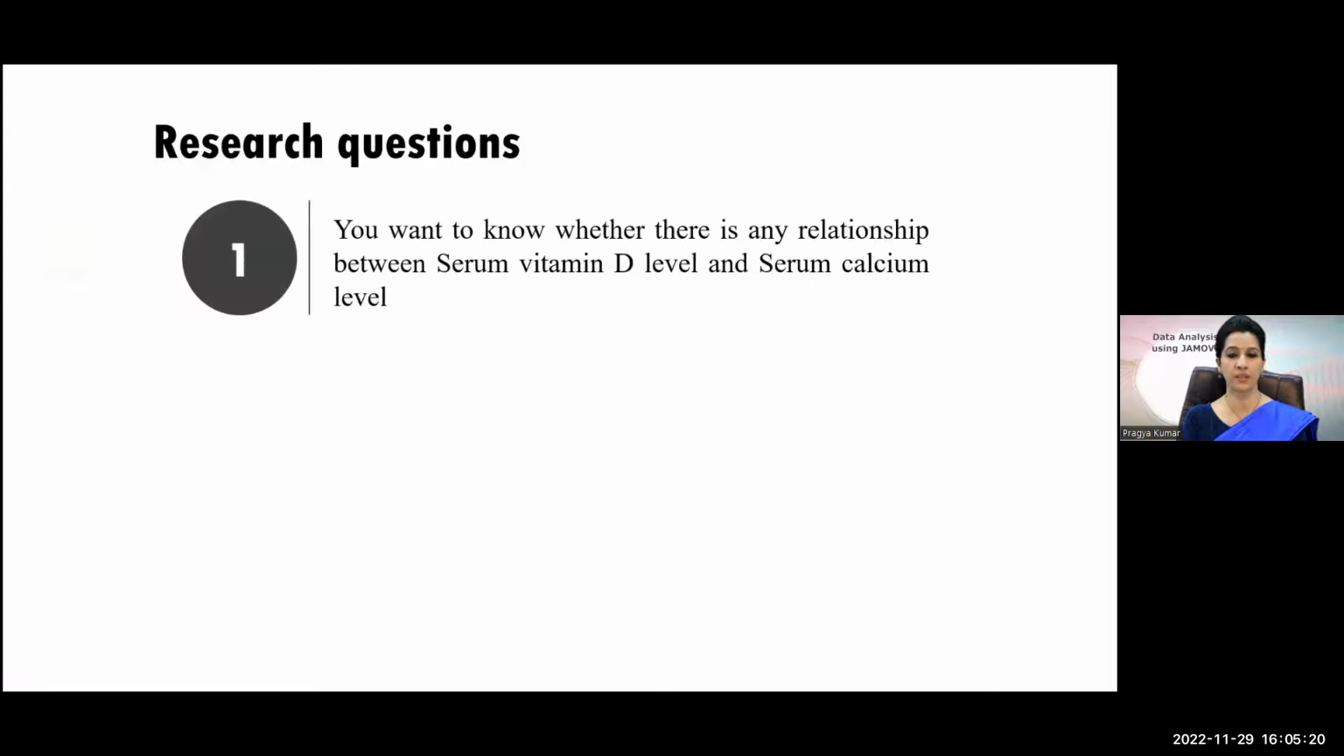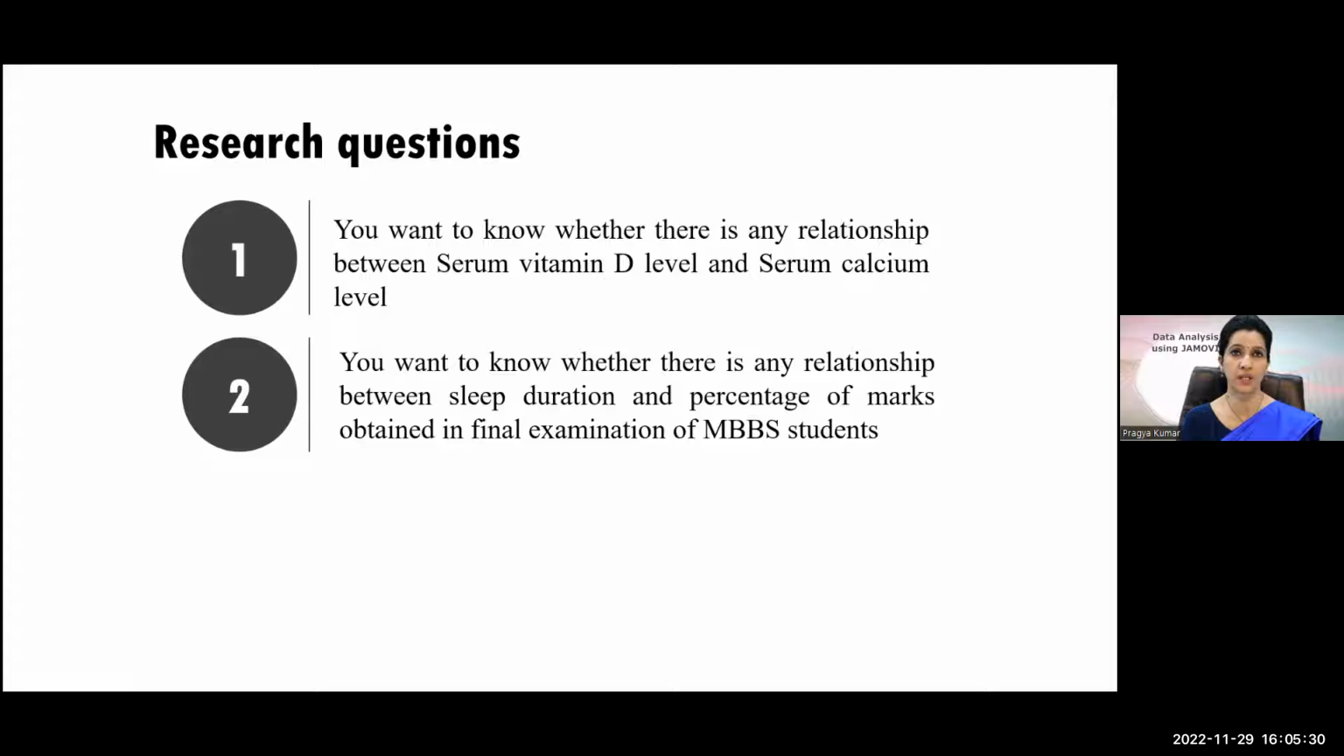So the research question can be like, if you want to know whether there is any relationship between the serum vitamin D level and serum calcium level, then we can use this bivariate correlation. If you want to know whether there is any relationship between the sleep duration and percentage of marks obtained in the final examination, and this bivariate correlation, we are doing the Pearson's correlation, because there are many types of correlation